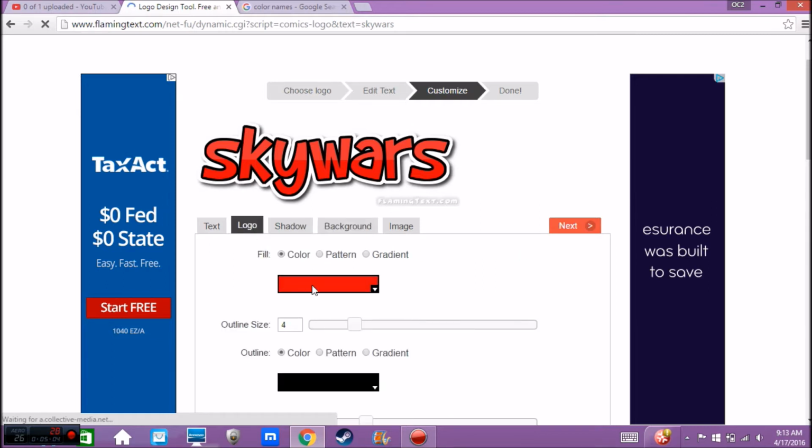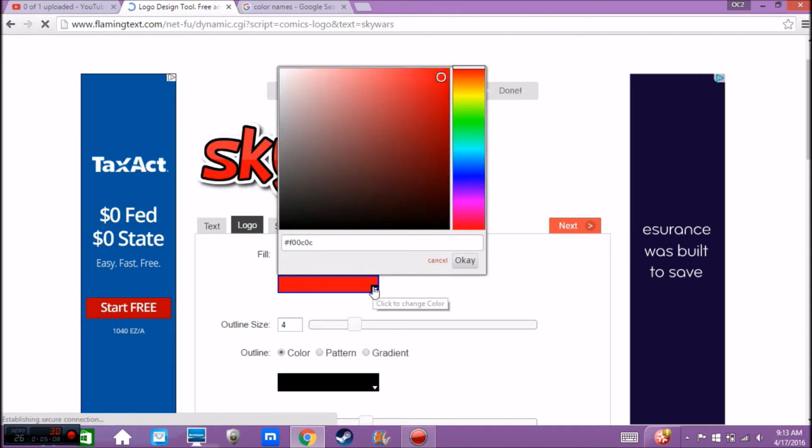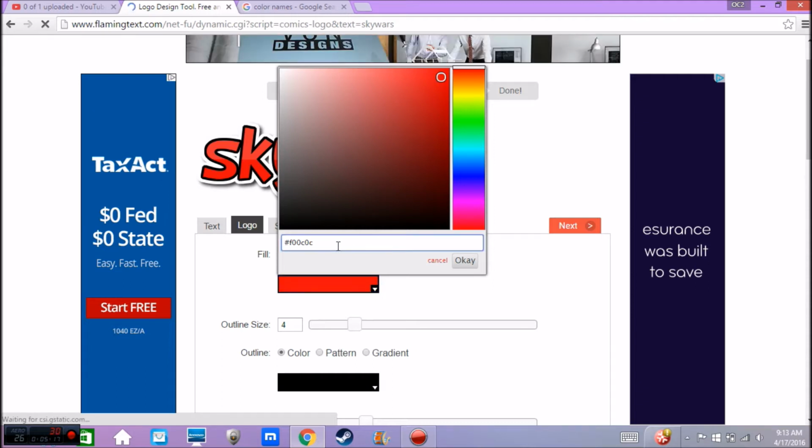Alright, logo, go here, you'd click on this little thing or the arrow, and then you would go here, and you'd backspace all of this, and then you type in